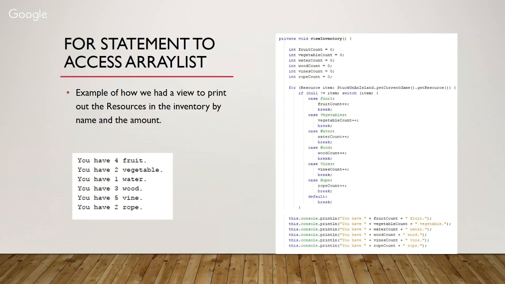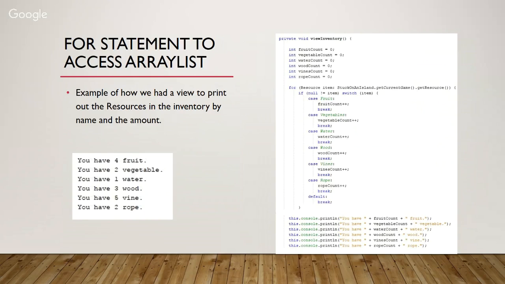So now we're going to demonstrate, through examples of code that I've written for one of my individual assignments, how to use the basic for statement and how to access each element stored in an array or array list. So here we're using a for statement to access an array list. And an example of how we had a view to print out the resources in the inventory by name